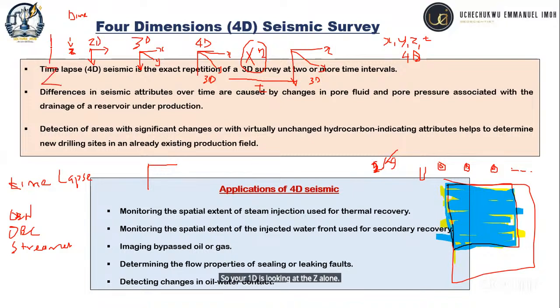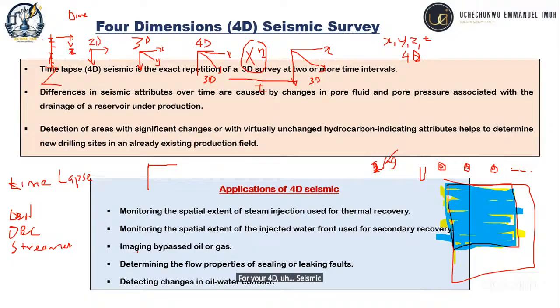So within the Z direction, which is your depth, you will now get recorded velocity information at intervals with respect to depth. So it's not going to give you this velocity information with respect to offset, okay? That is why 1D gives you information in one direction, which is the Z direction. So I think I've answered that one now. So that is it for your 4D